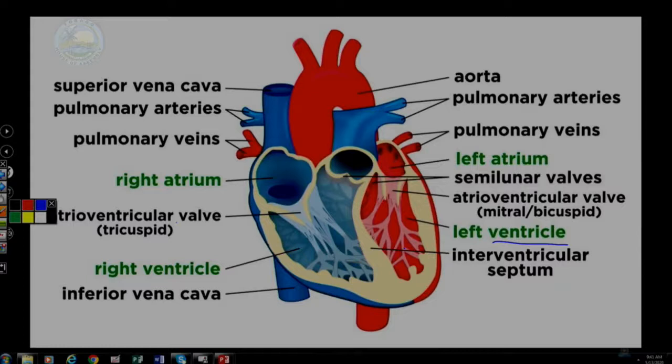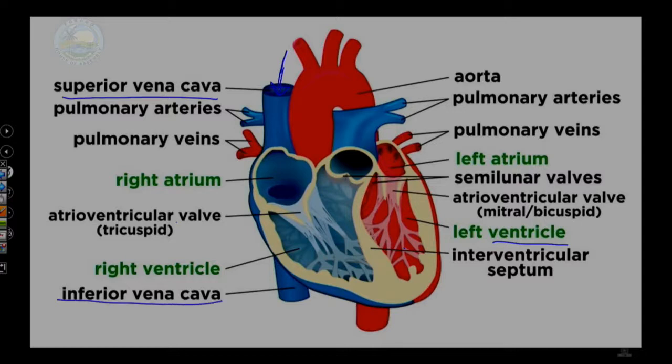Next, we want to look at the vessels that feed the heart. So let's look at the right-hand side first. So here we have the superior vena cava, which brings blood in to the heart from the head and the arms. And we have the inferior vena cava, which brings blood to the heart from the rest of the body. Now I want to point out something which may be very obvious, but your heart obviously doesn't have 2 different colors. This is just to show you